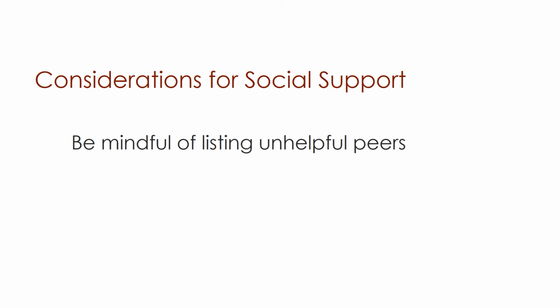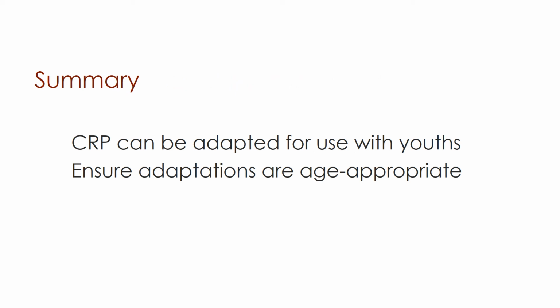A final consideration when working with youths is to be mindful of who they list as sources of social support. Sometimes the friends and peers to whom youths reach out during times of stress can be less helpful than the youth realizes. Some peers, for instance, may actually reinforce poor coping because they lack effective self-management strategies of their own. Encouraging youths to identify and include a trusted adult can also be an important part of their CRP. In summary, the Crisis Response Plan can be adapted for use with children